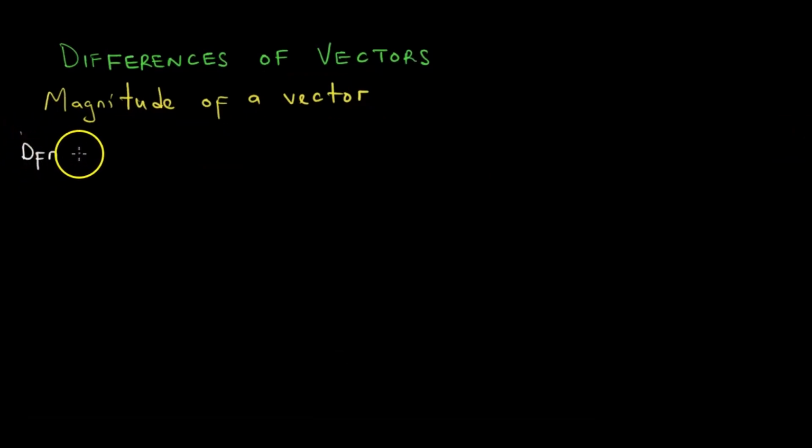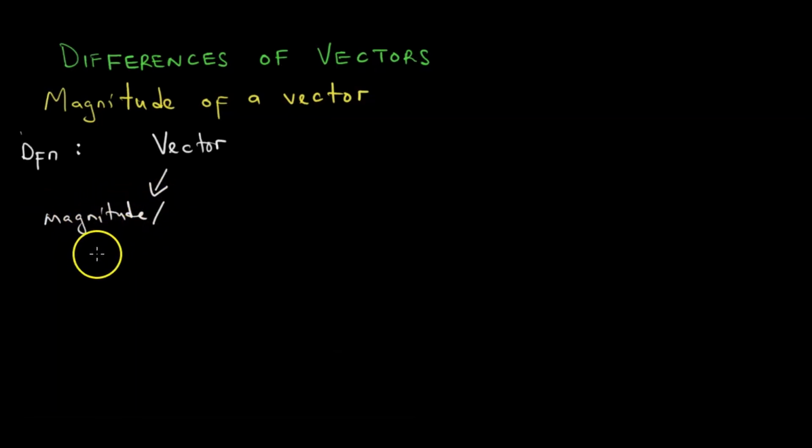Saka takadefine a vector as a quantity with both magnitude. Tikati rimwe zita remagnitude is size. So a vector is a quantity with both magnitude or size and also direction. So in this particular lesson, tiri kuda kuita focus on the magnitude of a vector.